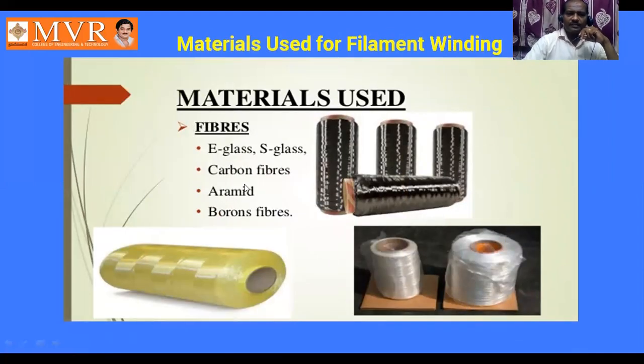So the materials used for fibers before going for resin are E-glass or S-glass, carbon fibers, aramid, boron fibers. So these are the filaments wound after the mandrel is separated here. Here we can have a mandrel of this type also. This is like a spool rope, that means like a thread on a pipe. So it is one type. You can have a total of 4 types of materials that can be used, and this in turn is converted into a single wire with a resin bath and the process I have shown.